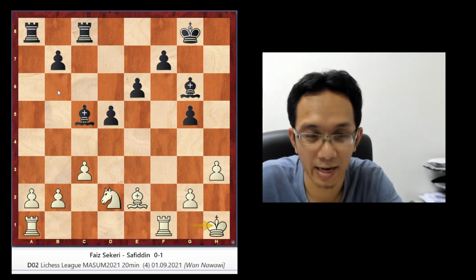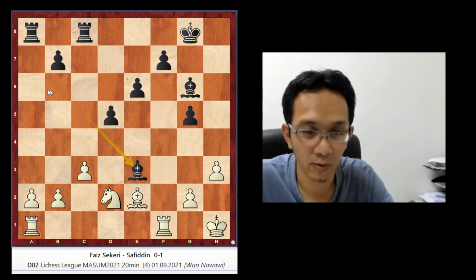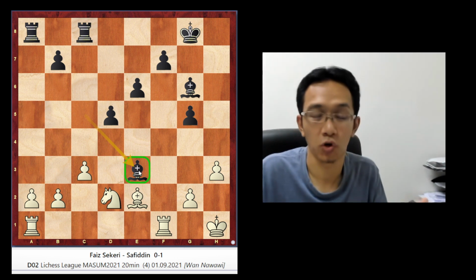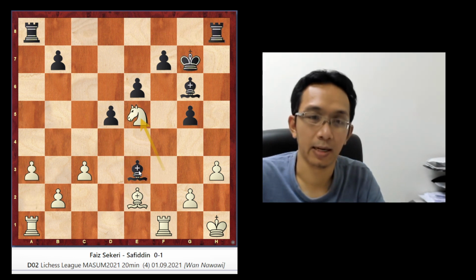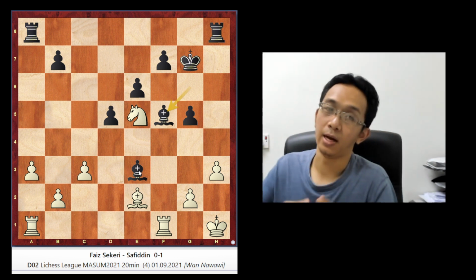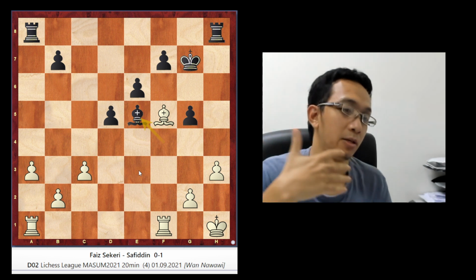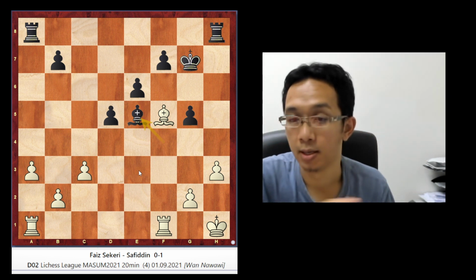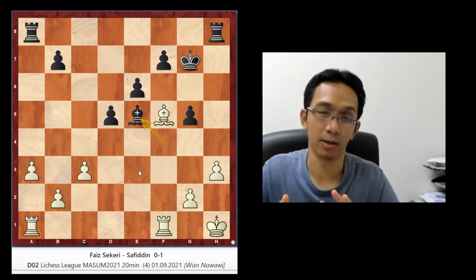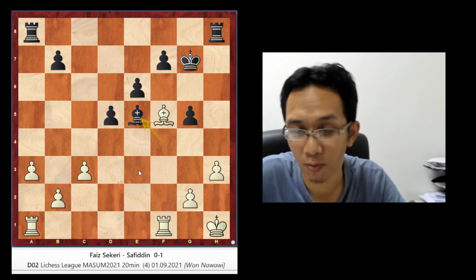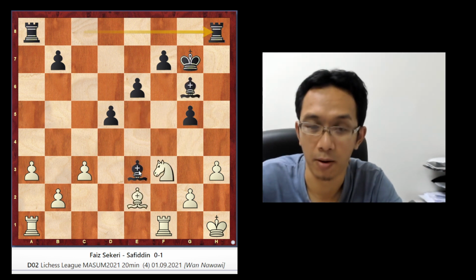Okay, so you take this, and now you see Safiddin use this e3, what I call the e3 square, because this e3 square is very strong. And then you have the double bishop, and the rest is now more toward the endgame. We will go back to this later when we talk about the endgame, how to play against rook and bishop, because rook and bishop endgame is quite common. So later, when the time comes, we will see this rook bishop pawn endgame again, because here